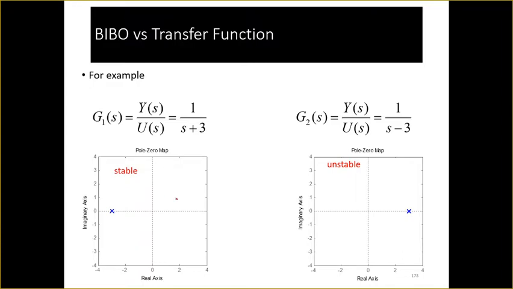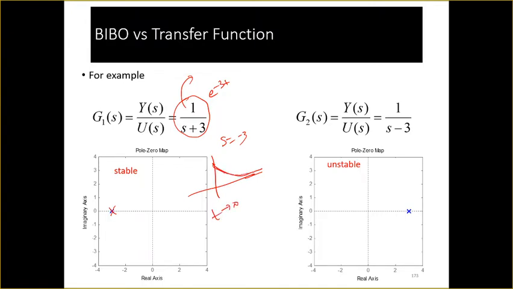Let us consider, look here carefully. Let us consider we have the pole s equals -3. What is the response? What is the Laplace inverse of this function? Anyone can tell me? e to the power minus 3t. Minus 3t means it looks like this. Yes or no? So it means as t tends to infinity,